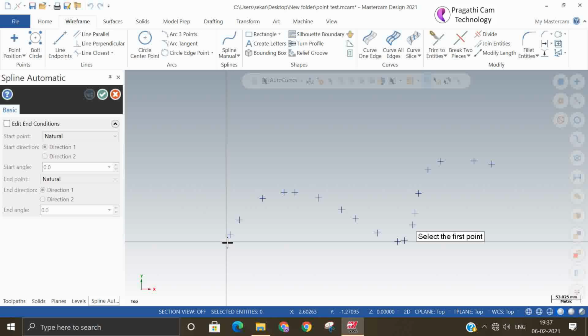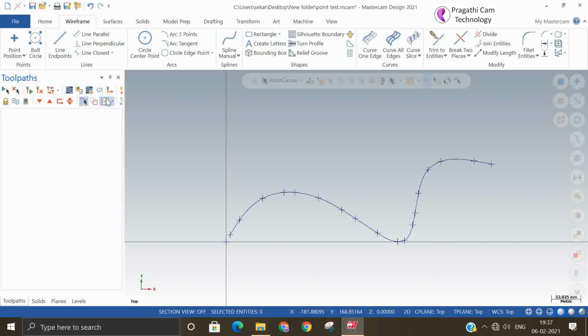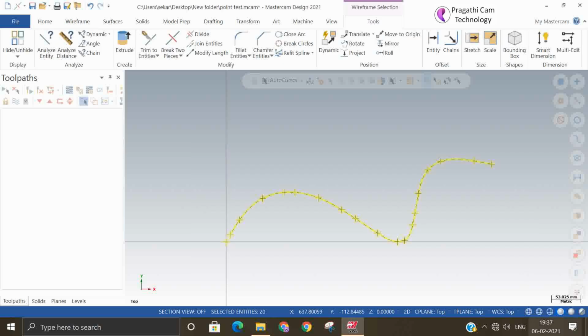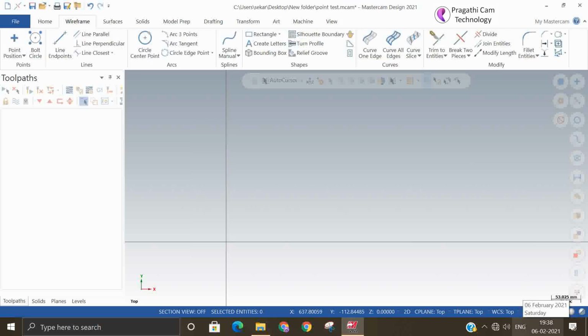You can see here, it asks for the first point, the second point, and then the last point is selected. So the points are redefining your spline. Like this, you can redefine your spline if the spline you got for machining is not good.